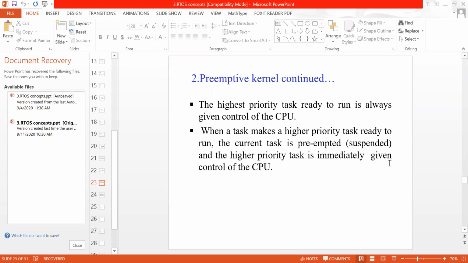Yes. In the exam, just remember, you will definitely have a question on these two, the preemptive type and non-preemptive type of kernel, theoretical questions, and also at the time of the oral, you will be asked to explain these two types of kernels. That is the importance of this point, and also the importance of the task state transition diagram. These are very important points in RTOS. So we have 10 minutes. I will try to go for the next point.